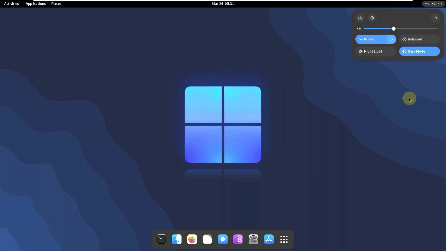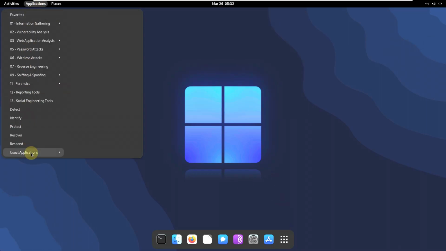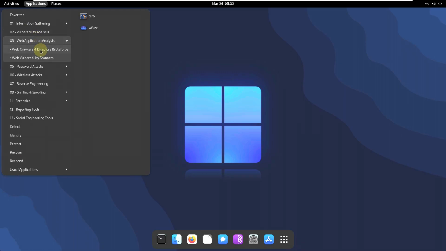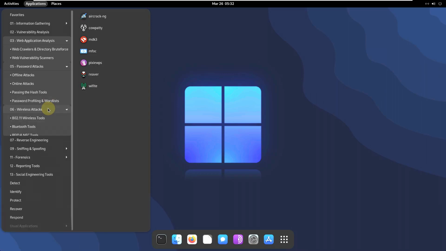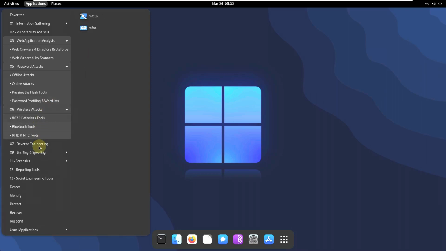It is a Gnome version 43. Dark mode, light mode, power balance, power saver, night light, calendars, applications. There will be some apps of Kali Linux because it is a Gnoppix, you know. I already made a lot of videos on Gnoppix Linux. Web applications, password attacks, offline, online, pass-the-hash tools, password profiling and word lists, wireless attacks, Bluetooth tools, reverse engineering,